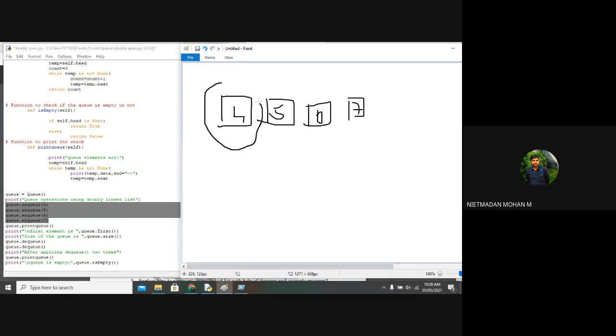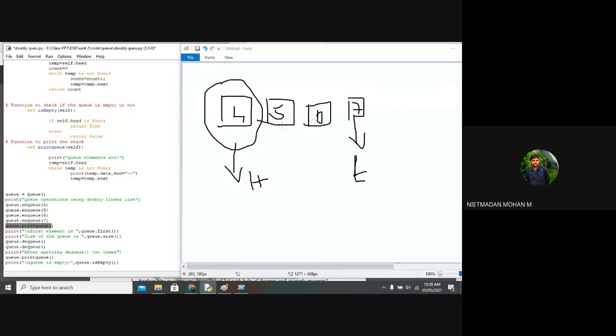So this will be the head value, and this will be the tail, or it may be called the last value. You can represent it as either. If you use tail and want to change the program from start to end, wherever I have given last, you give tail instead. So this will be the last value. Here 4 is the head, and 7 will be the last. And if I print this queue, it will print 4, 5, 6, and 7. And what will happen next?